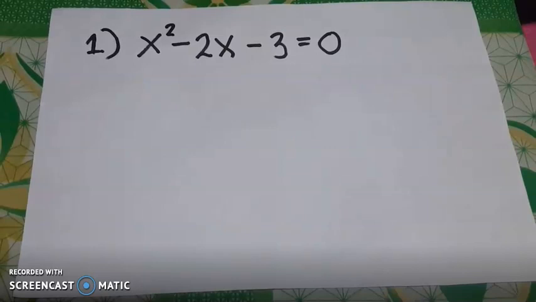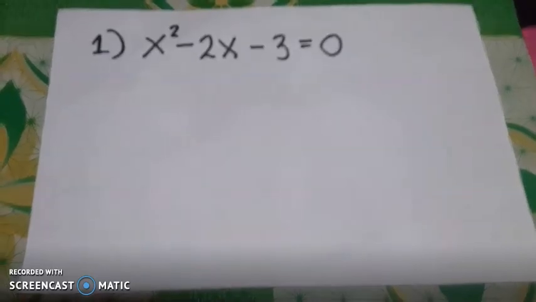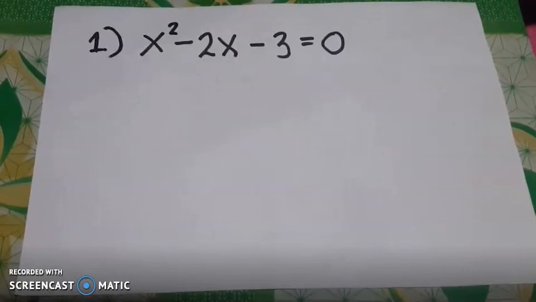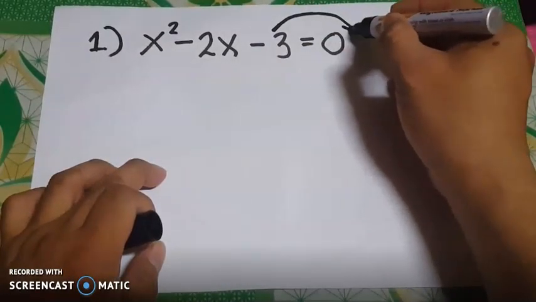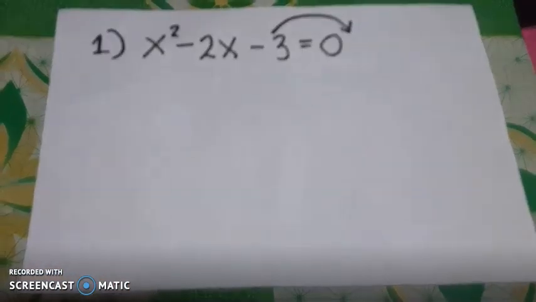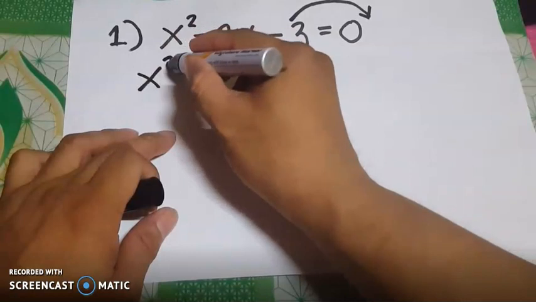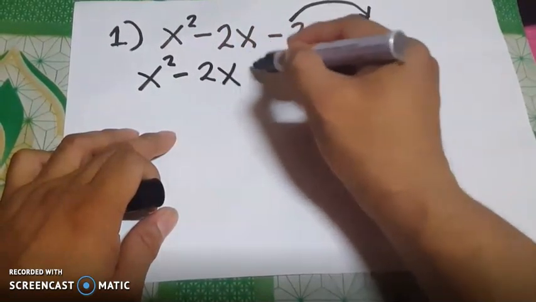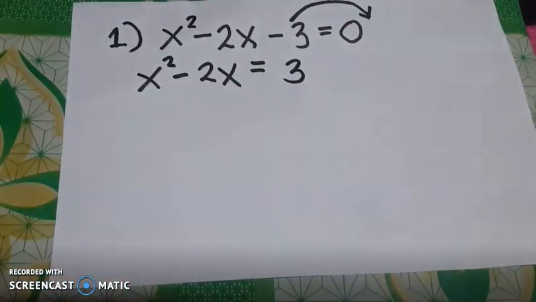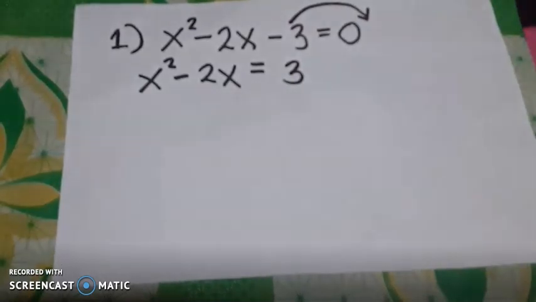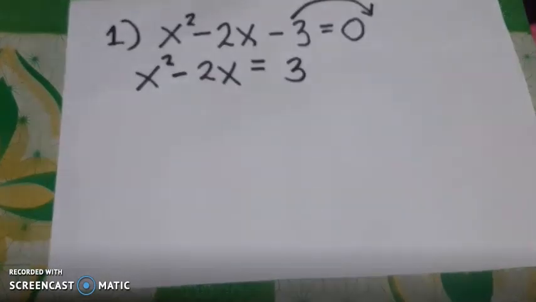So the first thing you're going to do when there's a given quadratic equation and you are asked to solve that quadratic equation by completing the square is to arrange it first in a form wherein the constant term is on the right side of the equation. So the first thing you're going to do is to move this constant term to the right side of the equation. So when you do that, we'll have x squared minus 2x equal to positive 3, because when you move negative 3 to the right side, it will become positive 3. Then from there,